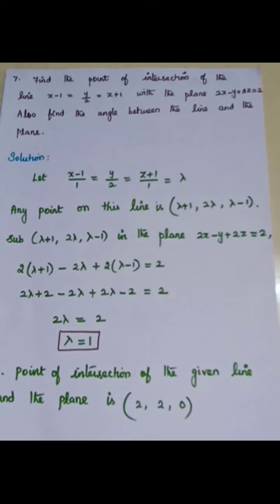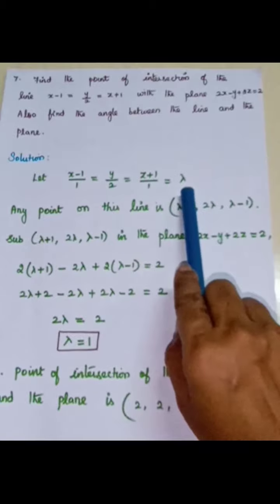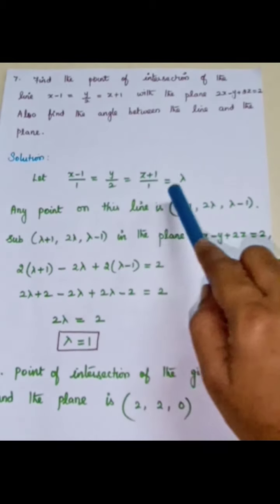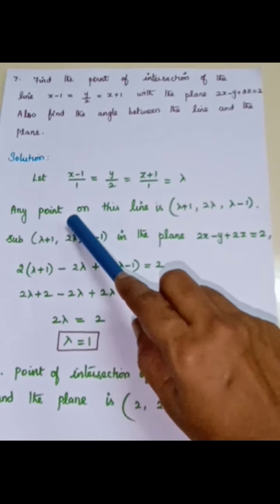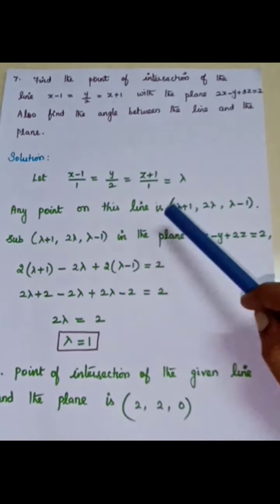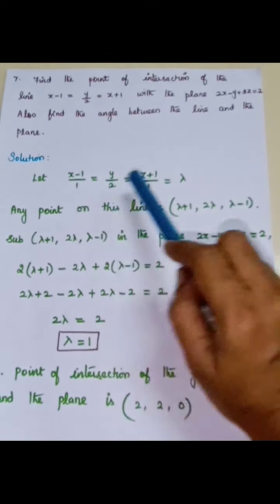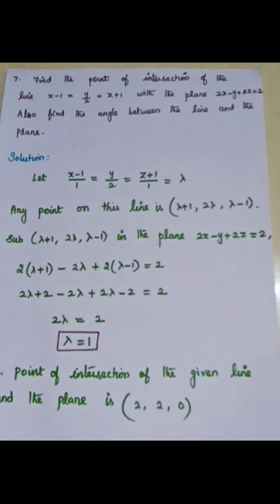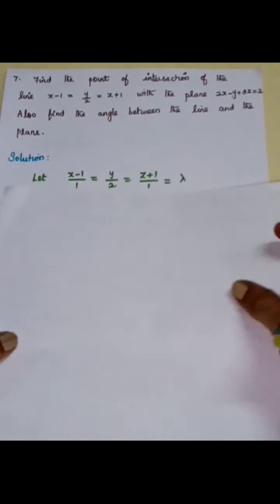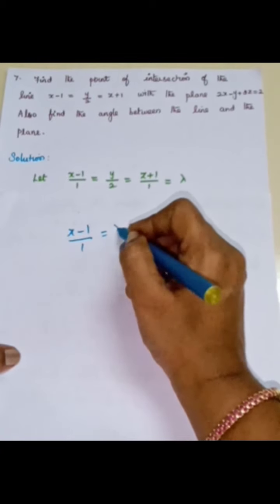So to find the point of intersection, you take the line equation and let it be equal to lambda. The line equation has to be considered to be lambda. From the line equation, you have to consider any point. So any point on this line is of the form, you have to write x. So x minus 1 by 1 is equal to lambda. So if you multiply 1 into lambda, that is lambda, and minus 1, when you bring it to the other side, it is plus 1. You see now, you take the first result alone, x minus 1 by 1 is equal to lambda.